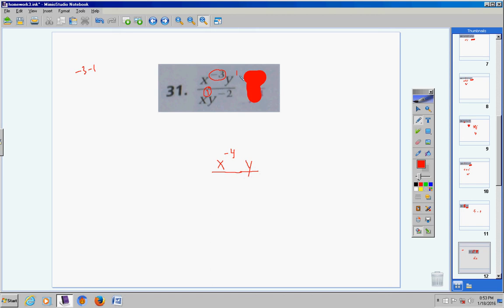Always up top, and then subtract. 1 minus a negative 2, which is 1 plus 2, so you get a 3. There's nothing left in the denominator, so we'll put a 1. Now,